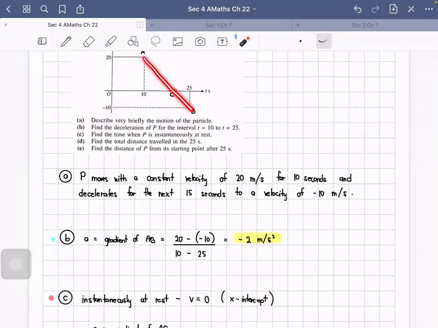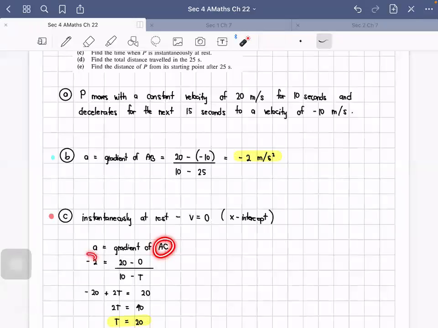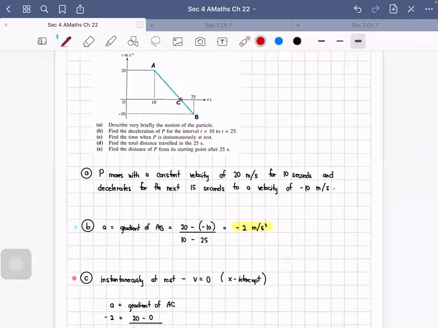Okay, we know that the gradient of this line is negative 2, right? So the gradient of AC is also negative 2. To find the y value of this, we just need to apply the gradient formula again. Okay, so A is equal to the gradient of AC, so it's negative 2, right? Came from here. So how do we compute for the gradient? So basically, class, A is your 10, 20, but then for point C, it is now